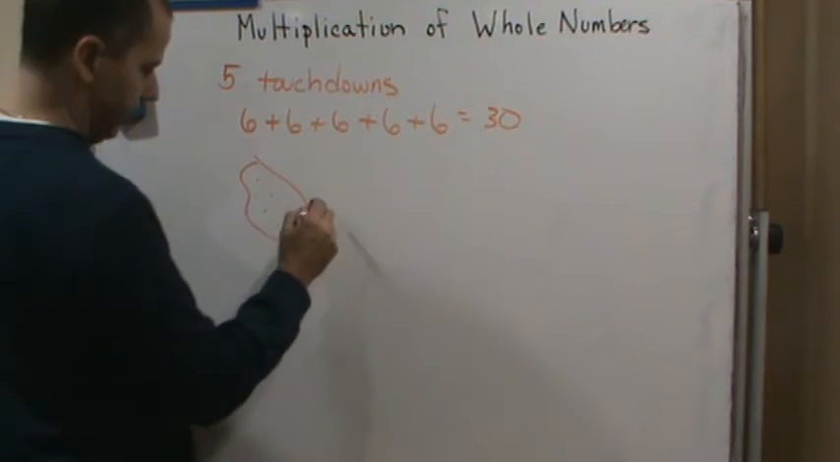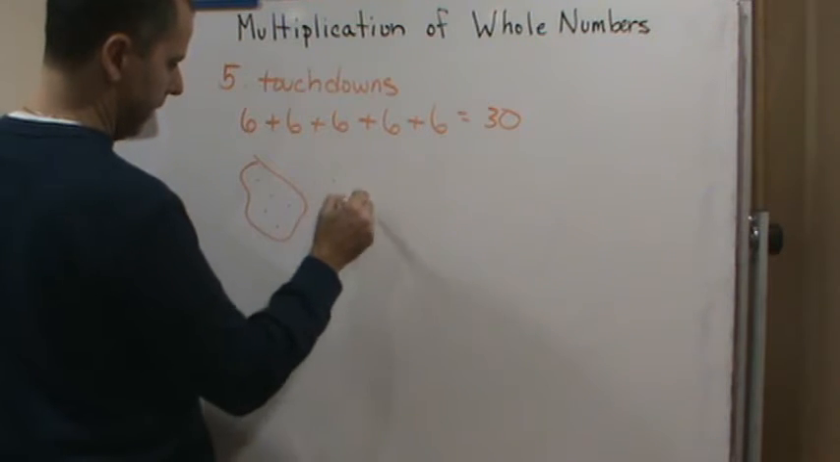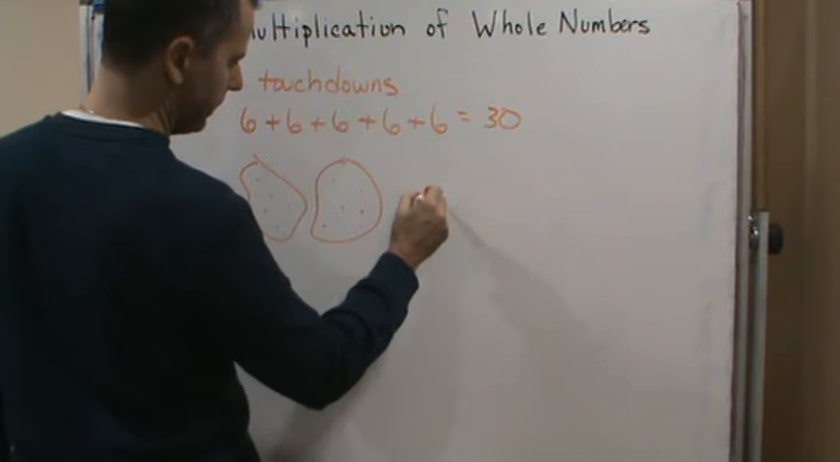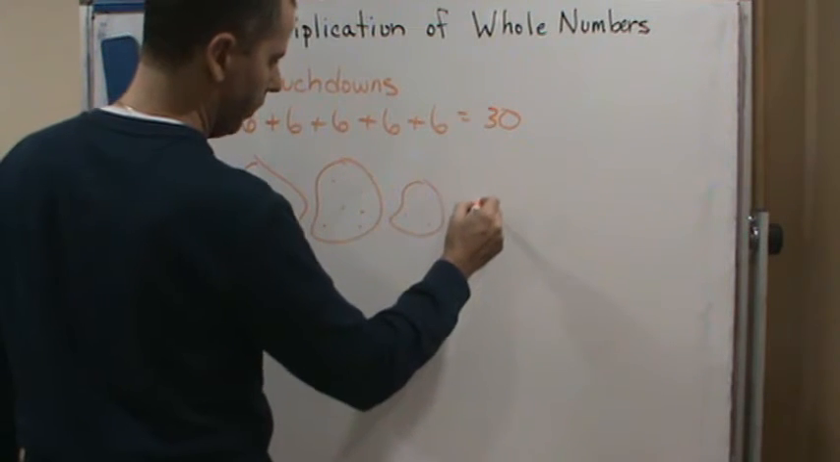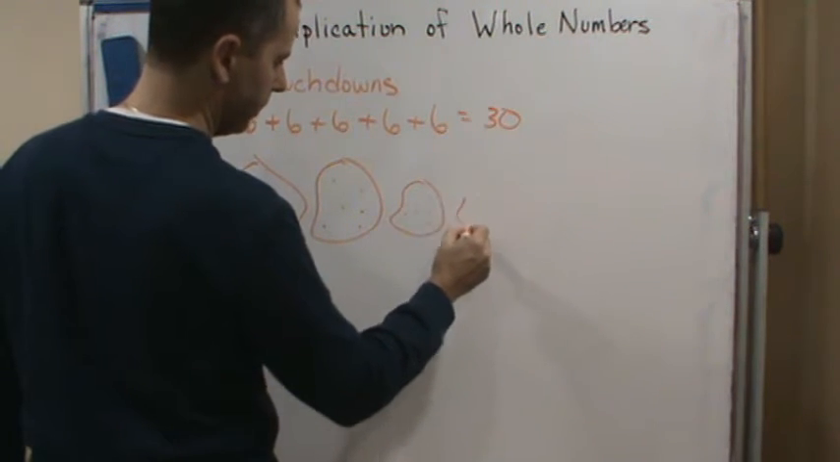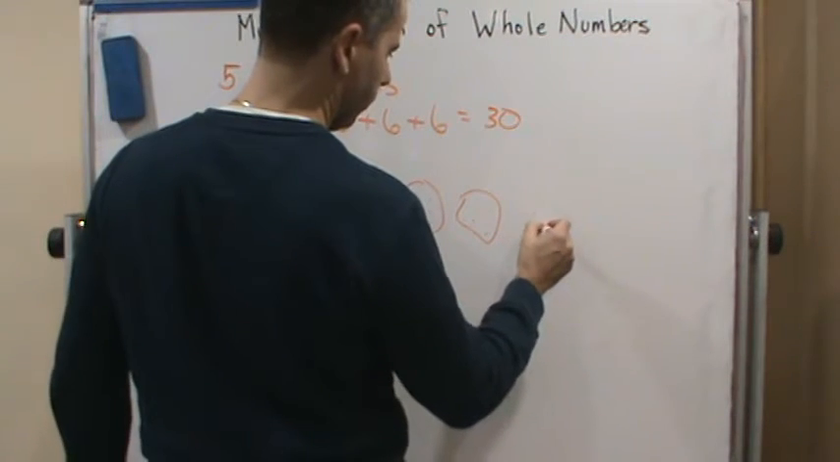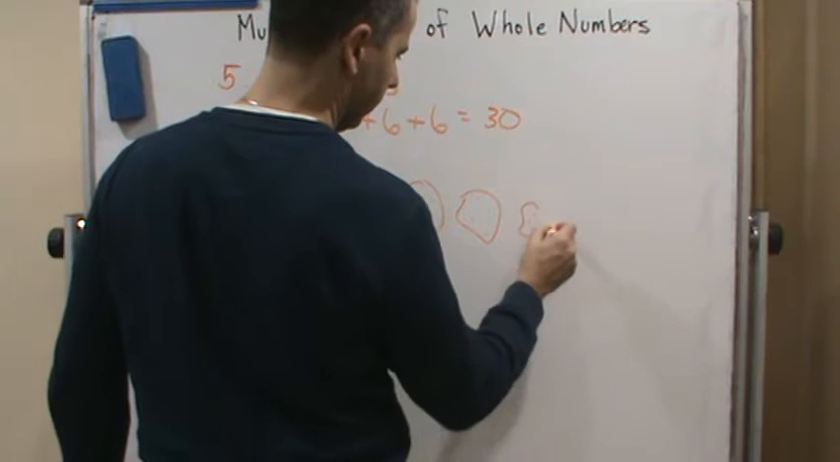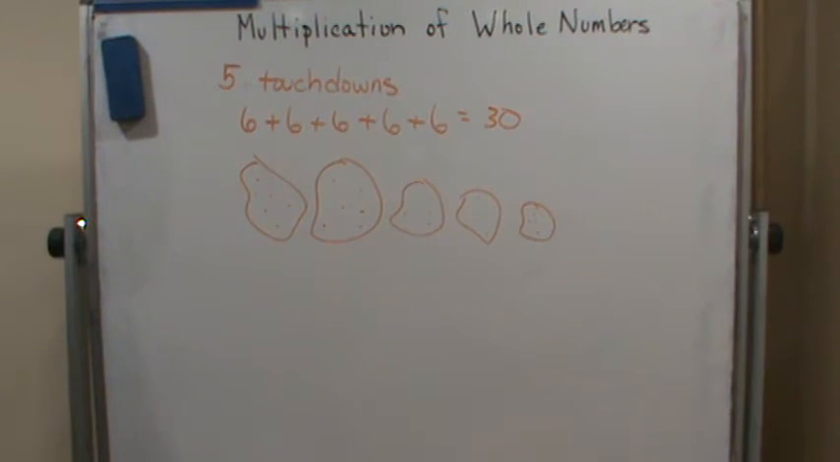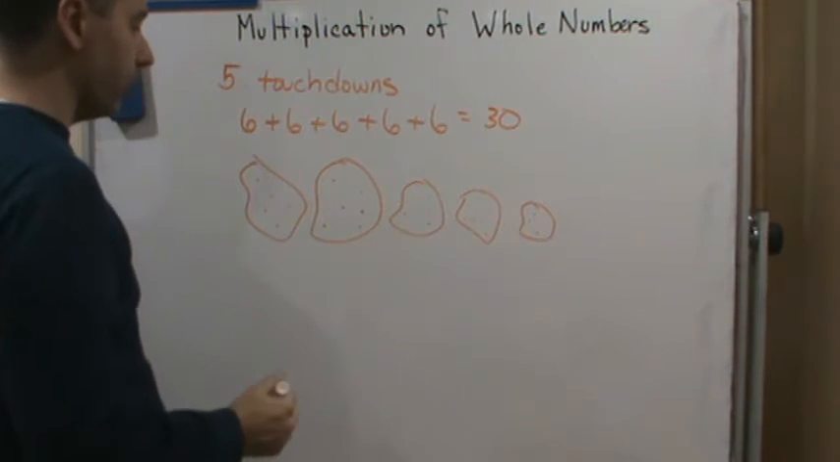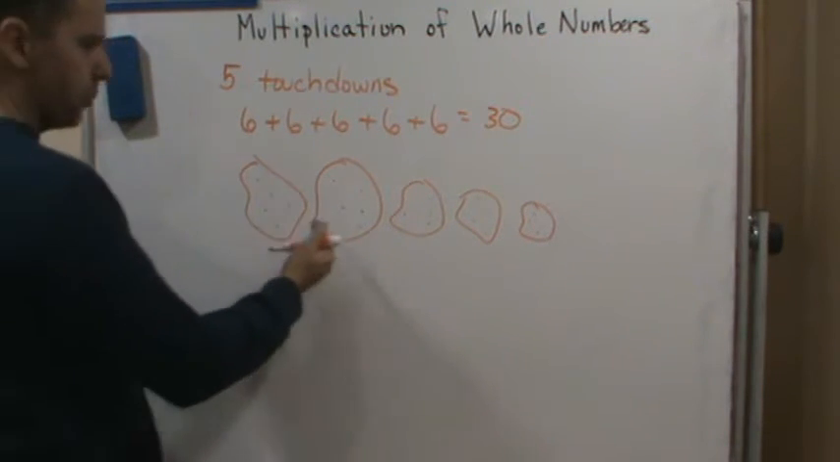and then you've got 1, 2, 3, 4, 5, 6. And another group, and another, and another, and you've got these 5 groups. Each group contains 6 points, right? And so you can add each group together, or you could say, okay, well, since each group has 6